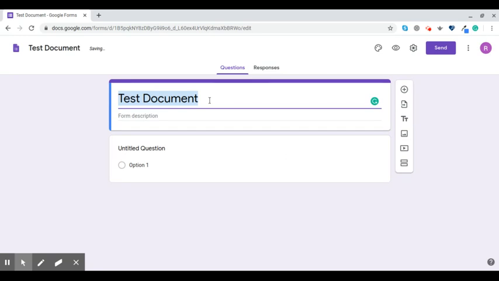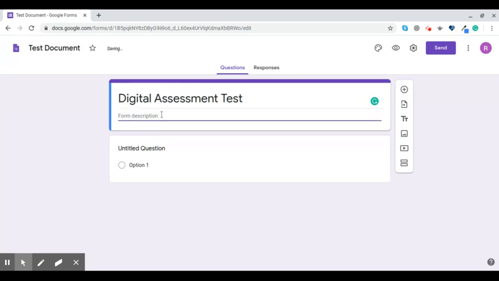So this is the actual name of the form. You can call it what you want. So if we call it digital assessment test, and then you can, if you need to, give a short description. This will help people understand what it is that you want them to do with this form or what the form is about. So here we can put